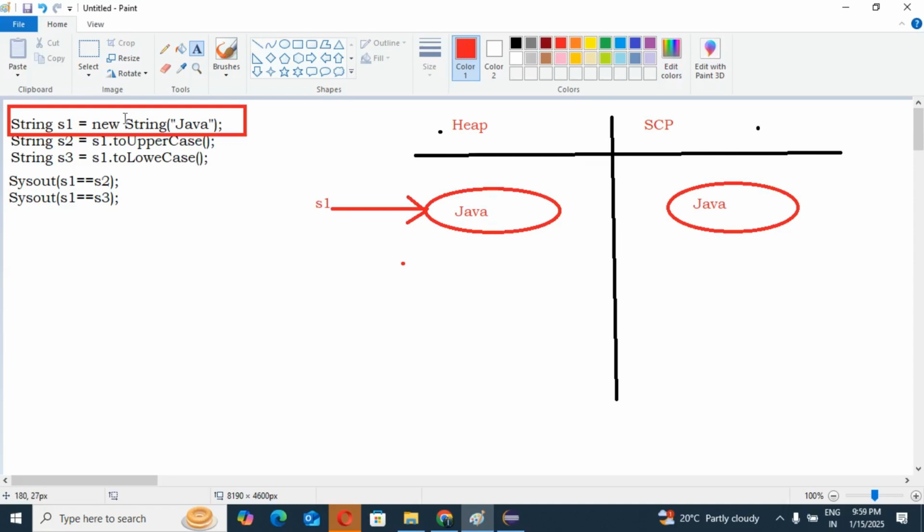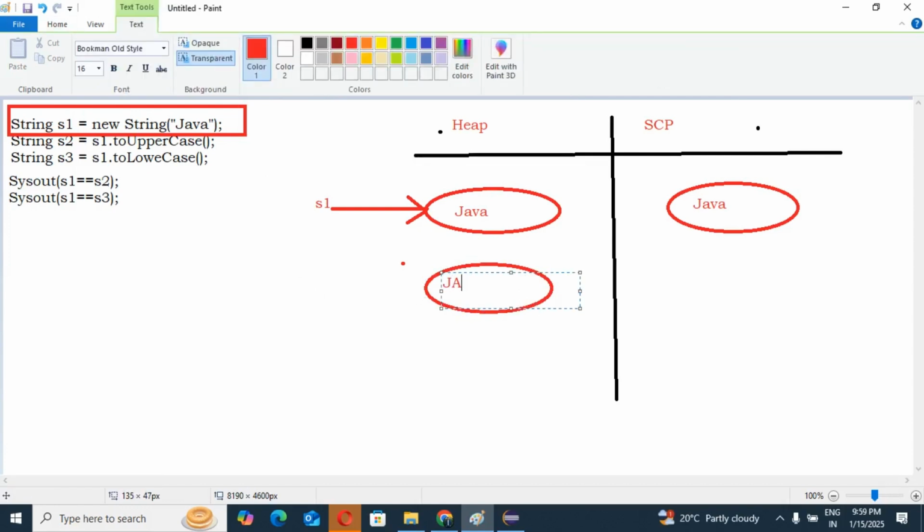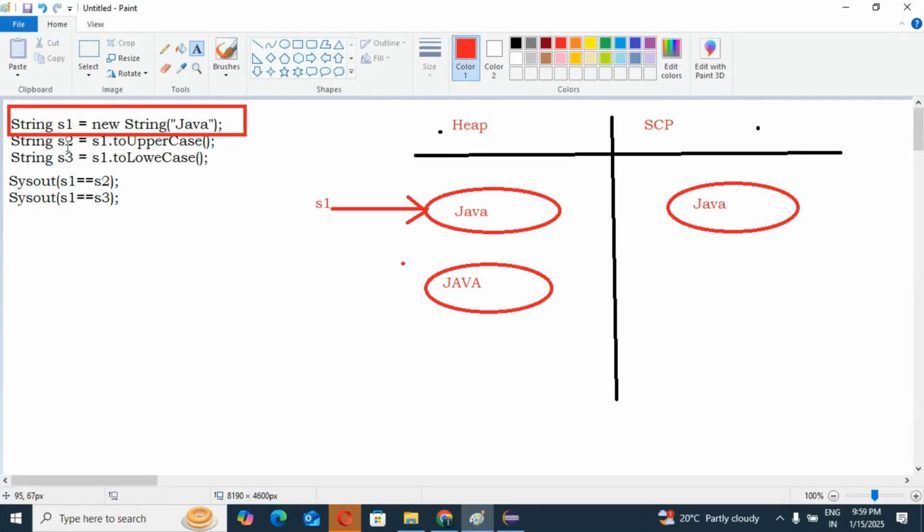Suppose you are trying to change its content, so one new object will be created with those changes. So for that purpose we will have one new object. That new object holds JAVA in uppercase, from S1 dot toUpperCase. So a new object is going to be created, but this object is referred to by S2.